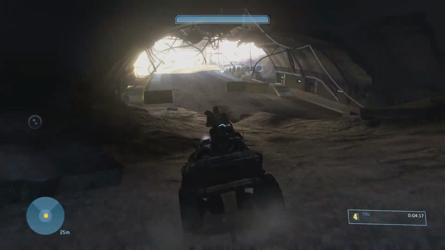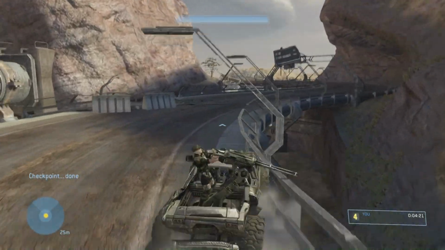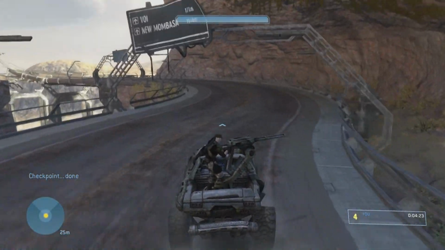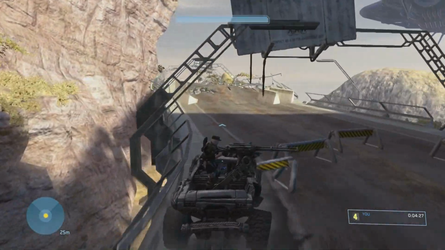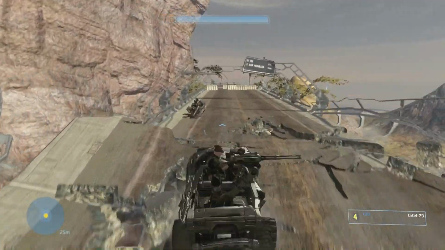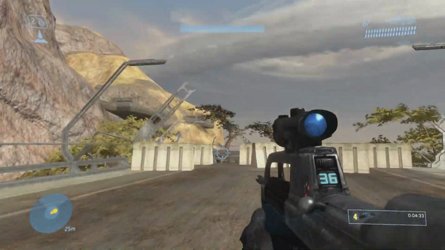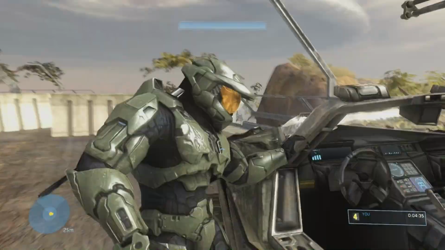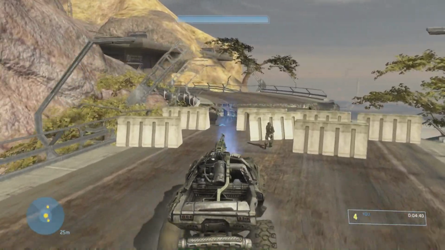So you drive fast enough and the buggers don't even come at you. And we're on to this section, and this grav lift is going to become important right about now. Normally you have to get out of your Warthog and walk on foot to the end of the level, which is no good, so we're just going to use the grav lift. Your Marines get out because they're like, yeah, we're done with this part. But you're like, hell no,